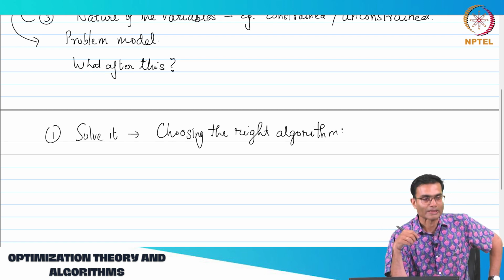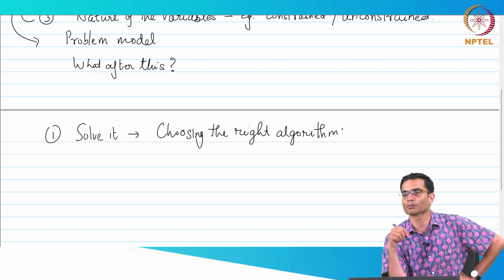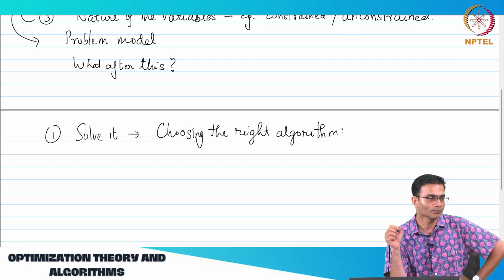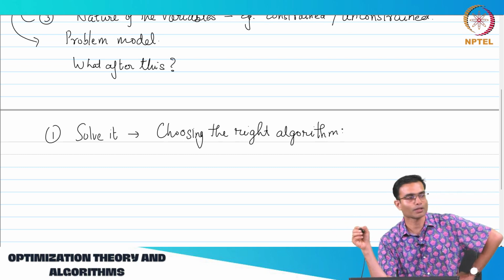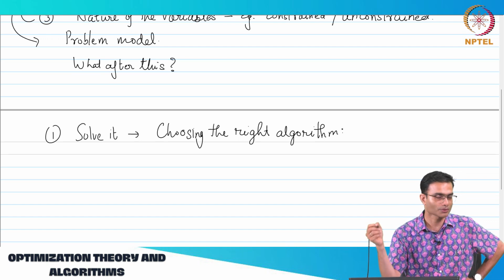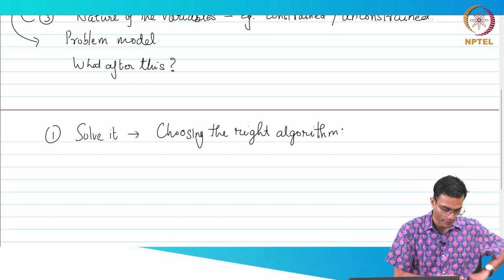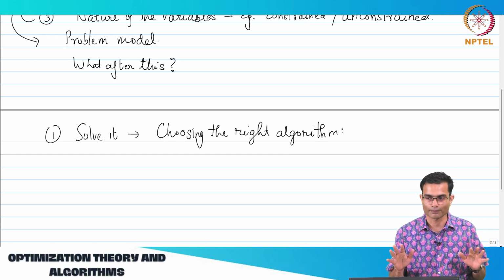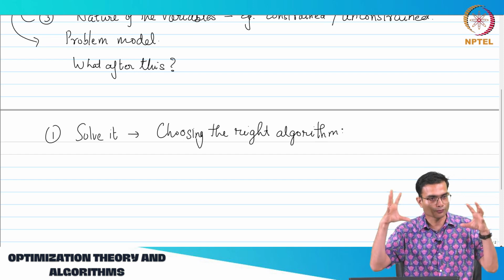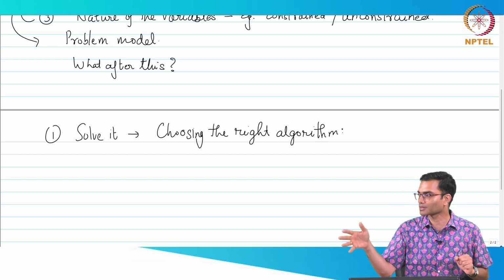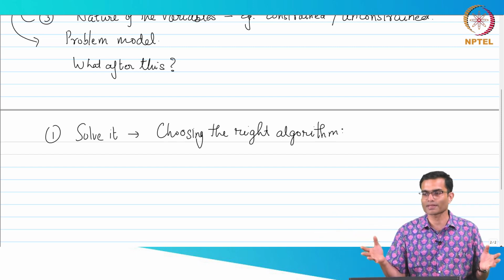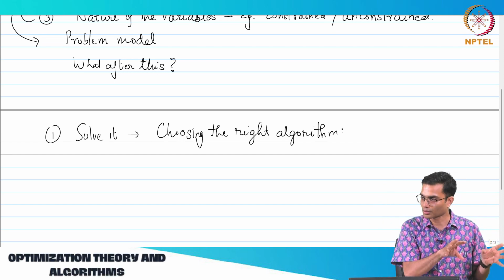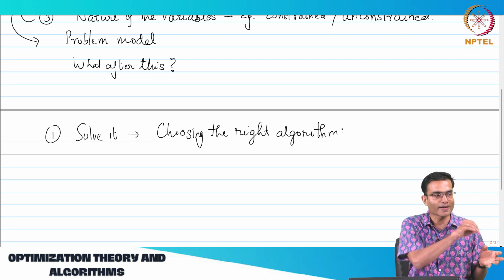Now, this point over here is actually a little bit of a subtle point, because how we model the problem also dictates what kind of solution strategy or algorithm can be used. I'll give you an example. This is a common thing with people who come to optimization for the first time. They want to model the problem in its full complexity, for example, this courier delivery problem. What are the input variables? These are the drop off locations, these are the package weights.